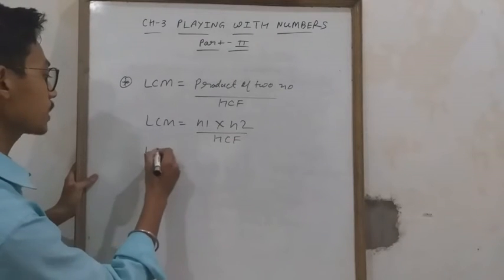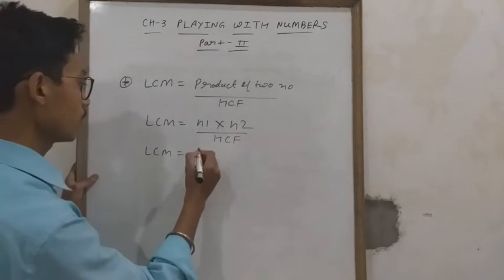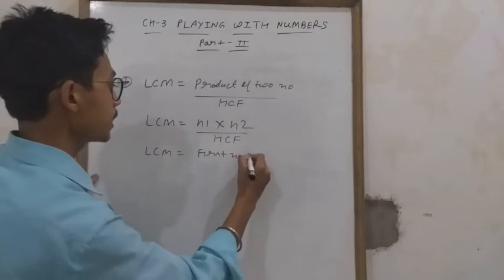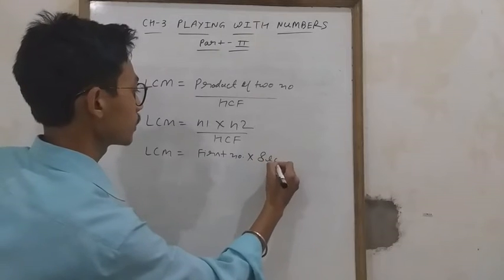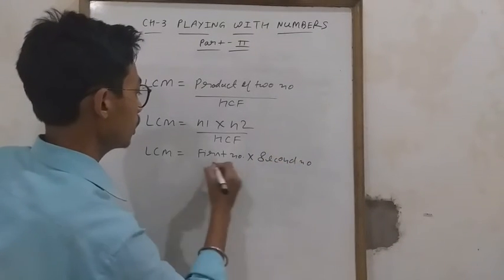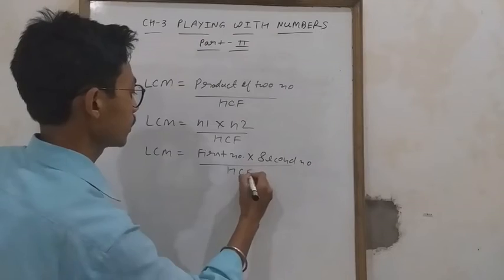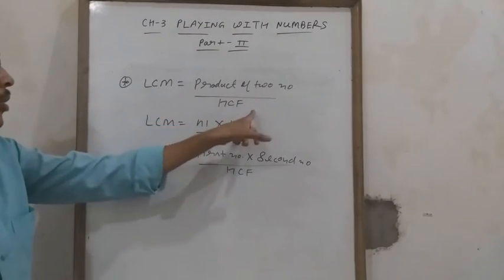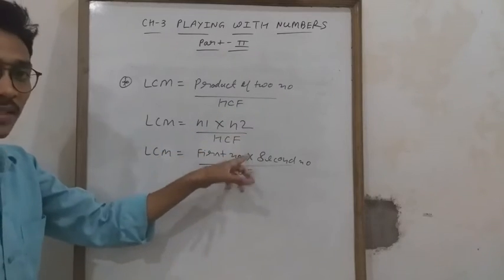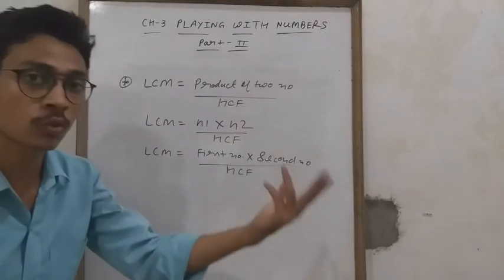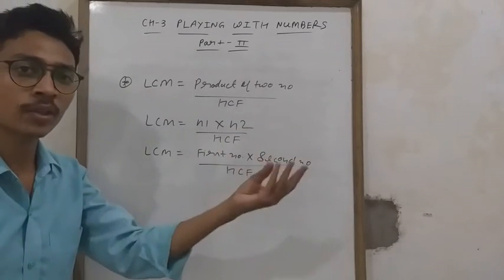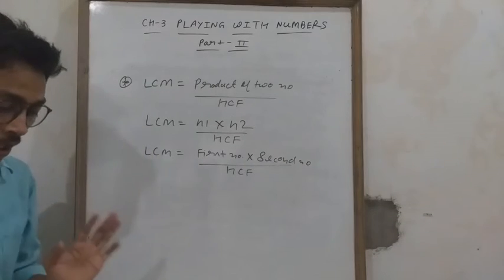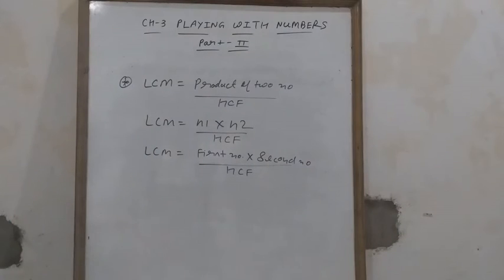Again what you can write down? Same formula, LCM equal to first number multiply by second number upon HCF. Okay everyone? All are the same. LCM equal to product of two numbers upon HCF. LCM equal to N1 into N2 upon HCF. Same, because product of two numbers means there should be two numbers. So you can take N1 N2, A1 A2, B1 B2, anything. And first number into second number, all are the same thing. Clear student? So this is a very important formula. One question I will discuss on this.